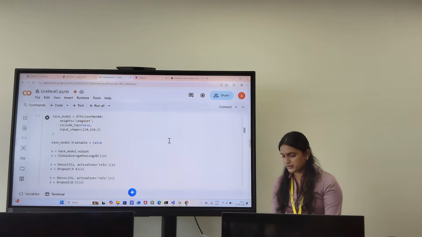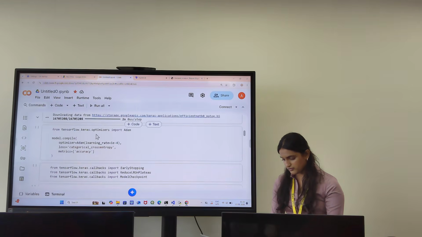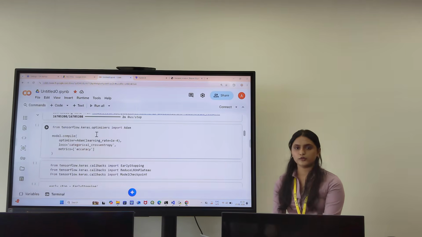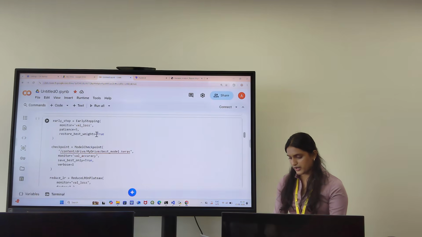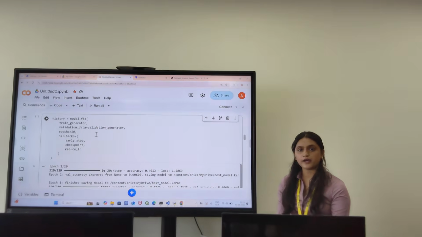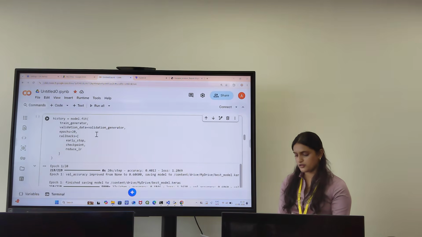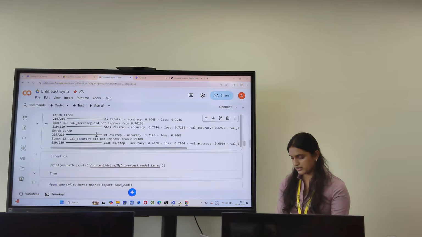After that, here I freeze my EfficientNet layers so it can train on my dental dataset image layers. I compile my model through the Adam optimizer, which updates weights if there's any error. I gave checkpoint as my drive, so the model will save after it's trained. I'm training my model with 20 epochs, and I got accuracy around 70%.